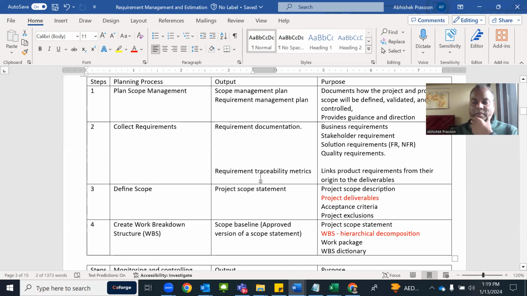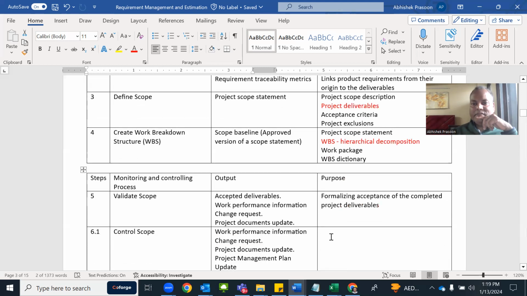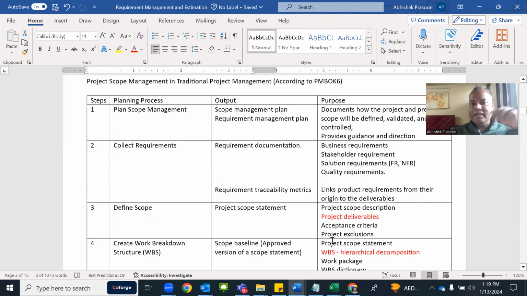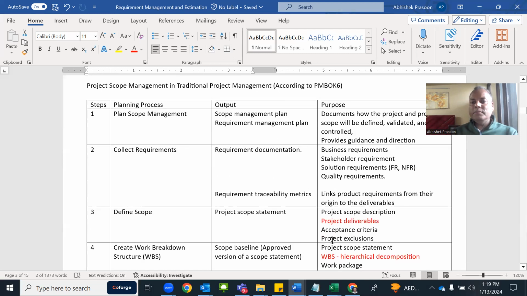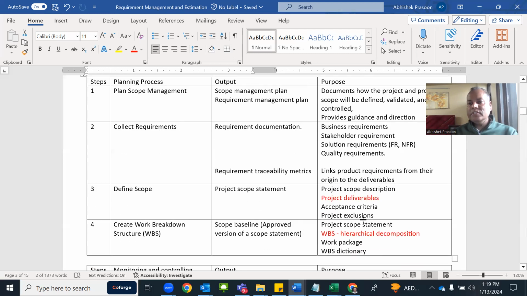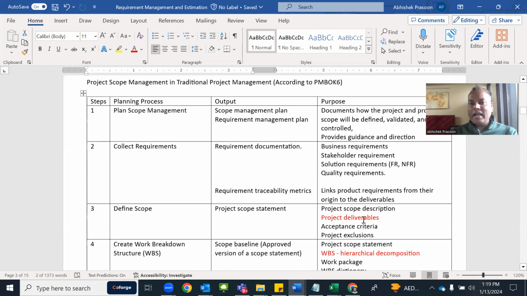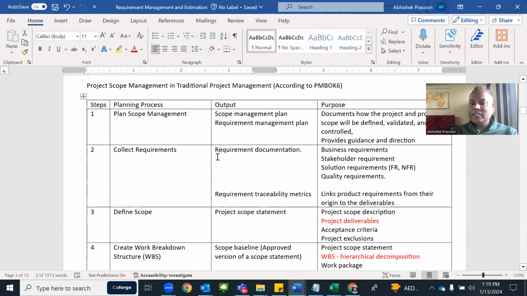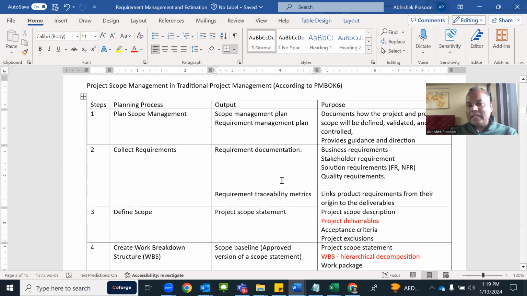In traditional project management, estimation is done by the project manager. We have not yet started estimation. Till here we have just done the scoping of the project, which is a prerequisite of estimation. So we defined scope, but the project manager alone cannot do this because many a time the project manager doesn't have that knowledge or capability. So the project manager will take help from a business analyst, solution architect, or other senior team member